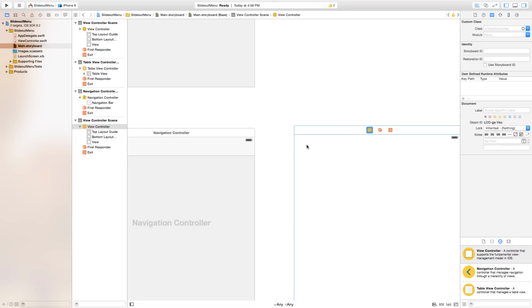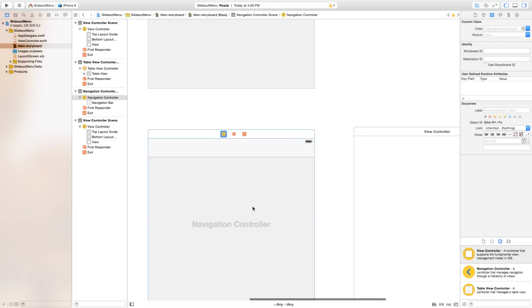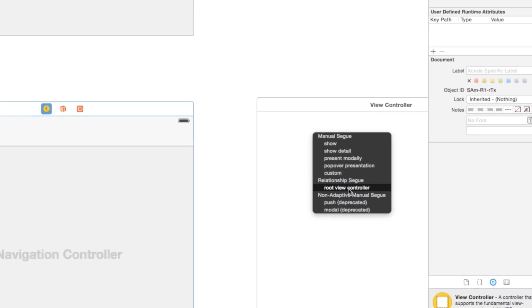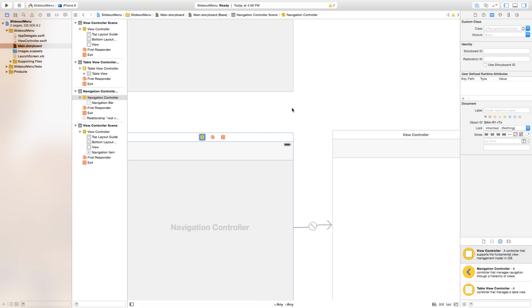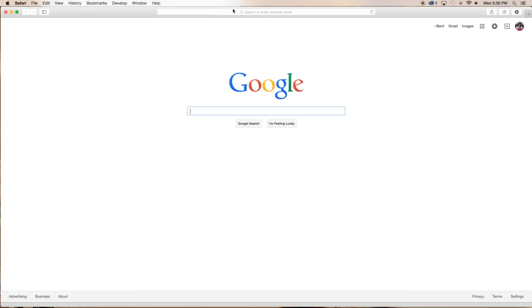So now that we added that view controller, as you can see, let's go ahead and link that up with our navigation controller. So right click or control click and drag from our navigation controller over to our view controller, and we are going to choose root view controller. And now that that is rooted, we want to go over to our Safari or Google Chrome or whatever you use and go to